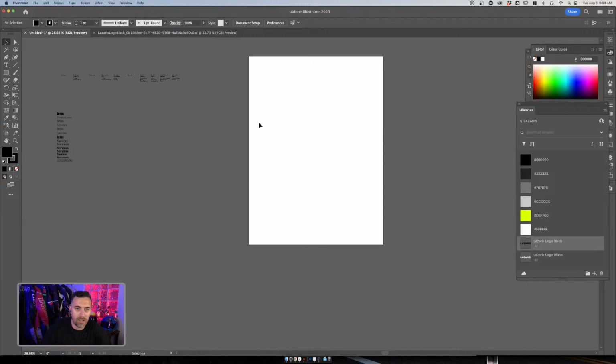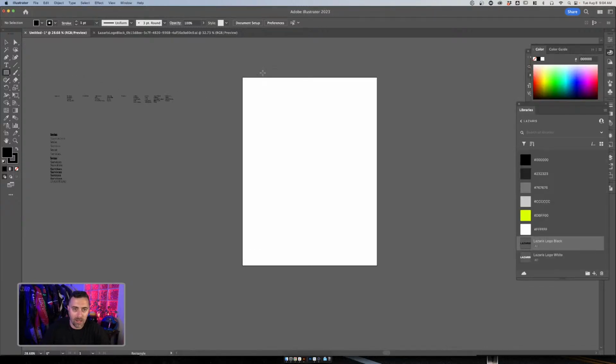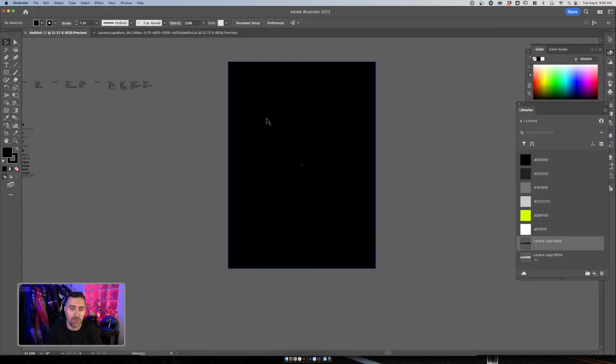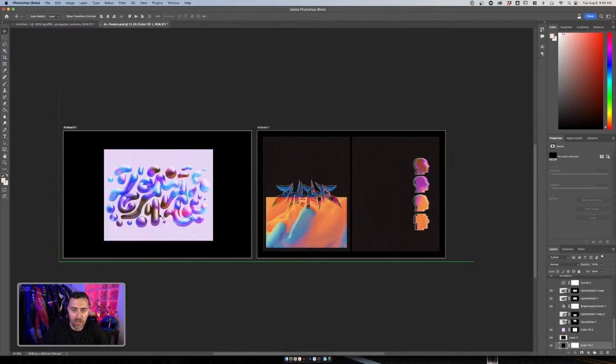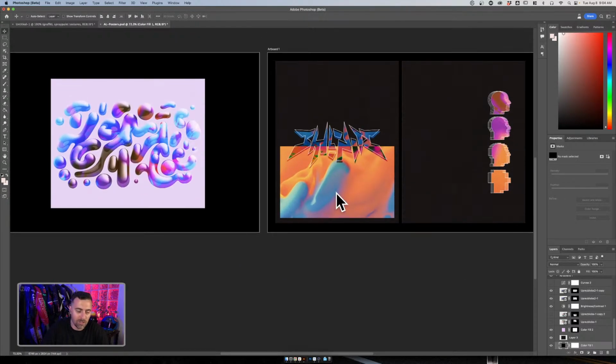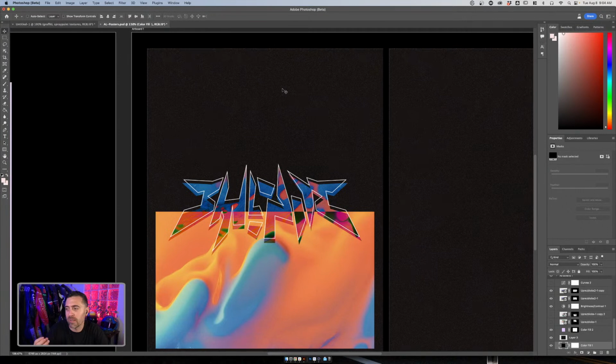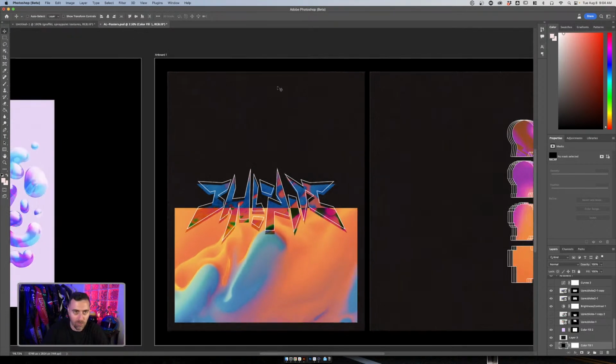Cool. So we'll just go straight into this. I really like black as a poster background color, so I'll just start with that. The dimensions for this poster that I'm thinking about doing are 18 by 24. I'm doing this in Illustrator. I've also got a Photoshop file open. Some of the previous poster stuff that I've done with the Acid Wave stuff is here, but we'll use this as a starting point because I really like the poster mock-up. That piece of print is a really good way of bringing texture into it, and it's a good starting point for us.